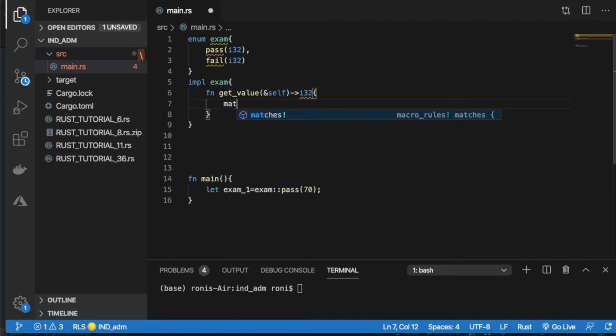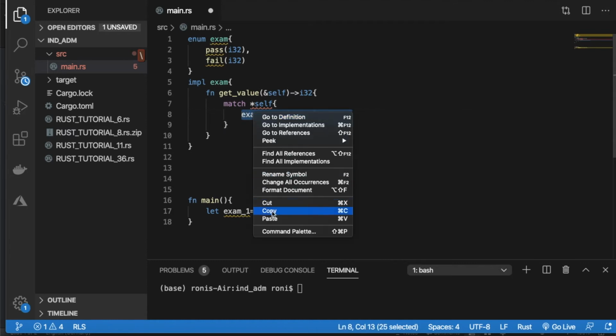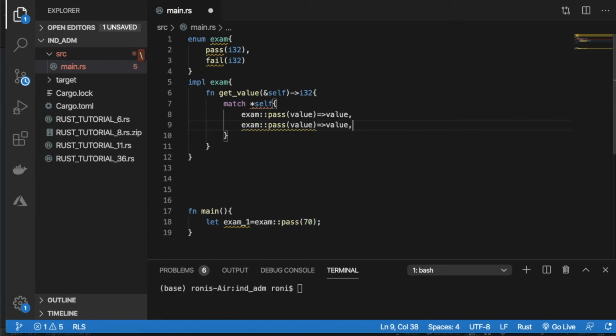Then we use match on the dereferenced self, and after that the pattern matching. So it will be Exam::Pass(value). If the pattern matches, the value will be returned, and if the pattern matches Fail with some value, then the fail value will be returned.